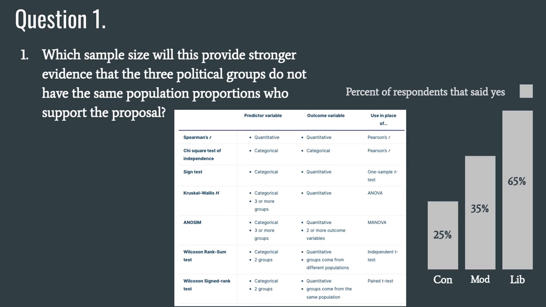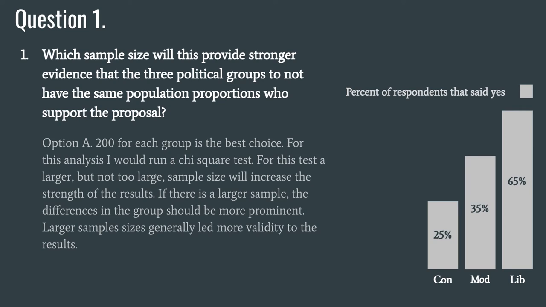The first step in answering this question was for me just to figure out exactly what test I would be running. For that, there were no quantitative variables, so I went with a non-parametric test. At that point, I used this handy-dandy chart, which led me to our chi-squared test for independence. At that point, I just had to think about it critically here, and for that, option A becomes the best